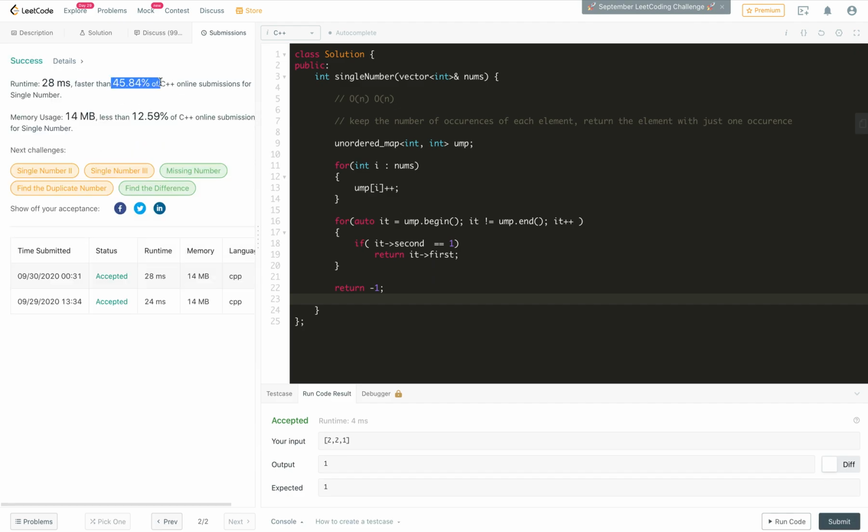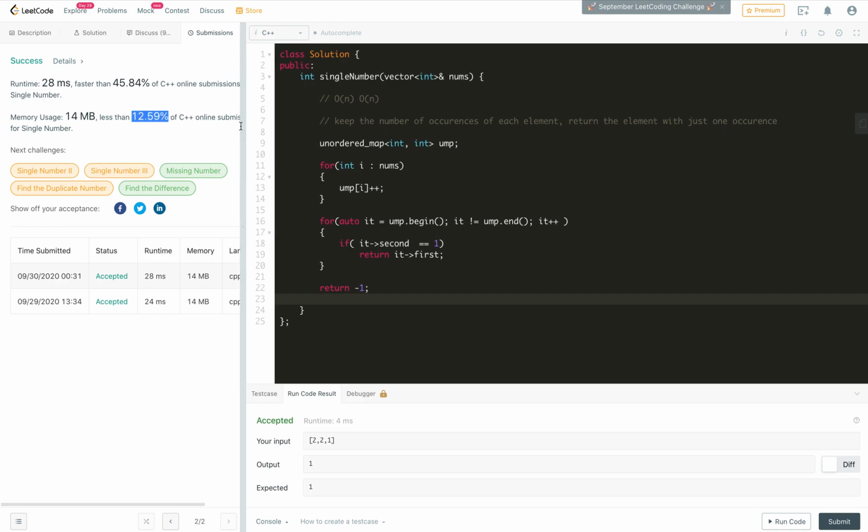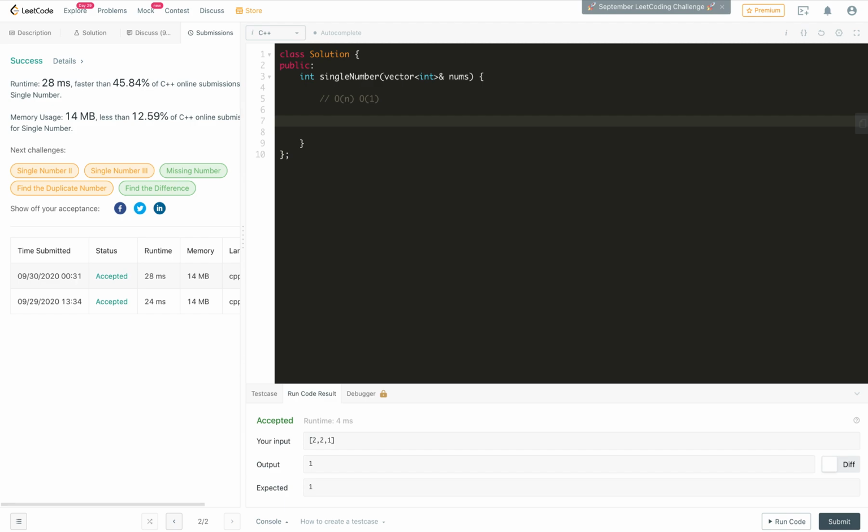And yeah, our code works, but apparently the space complexity is not optimal because we are faster than only 13% of all codes. So what we are going to do is to remove this and make this O(1) space complexity. We are going to apply some tricks. So let's move on. What we are going to do here is that we are going to use the properties